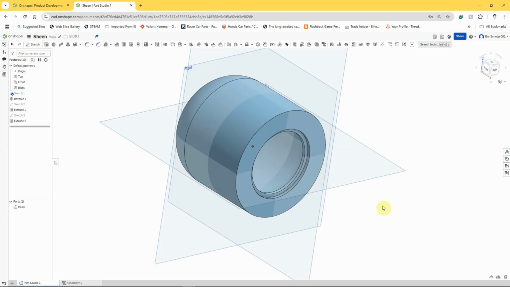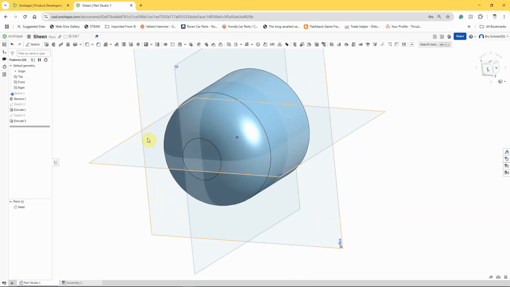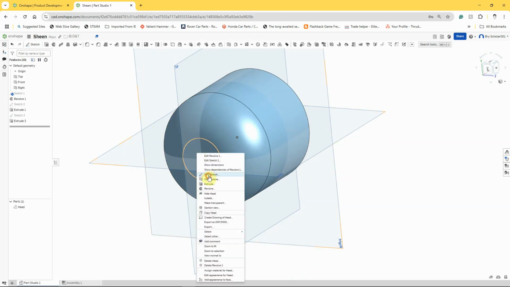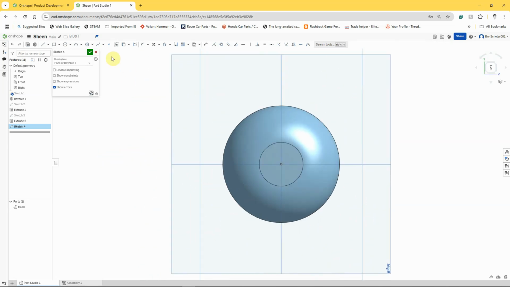Just one final operation before we finish this video. Again, I'm going to hold the right mouse button down, rotate it around so I can see the back, and this time I'm going to hover the mouse over the flat end, right click, left click on new sketch, N for normal 2, and again a center circle. I'm just going to click in the middle, drag it out, and I'm going to dimension this again,